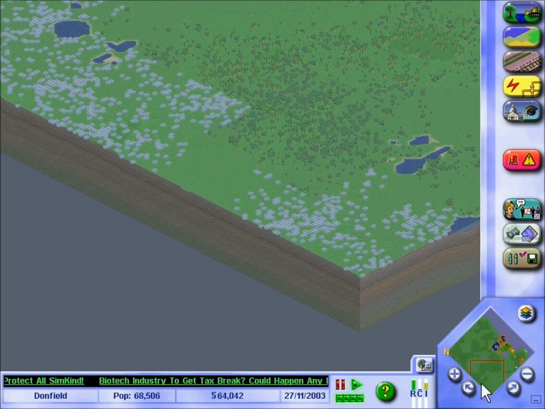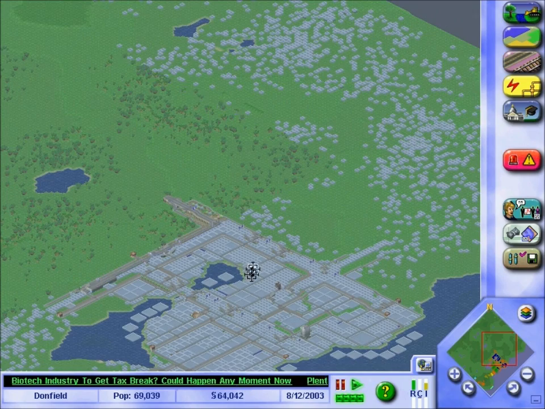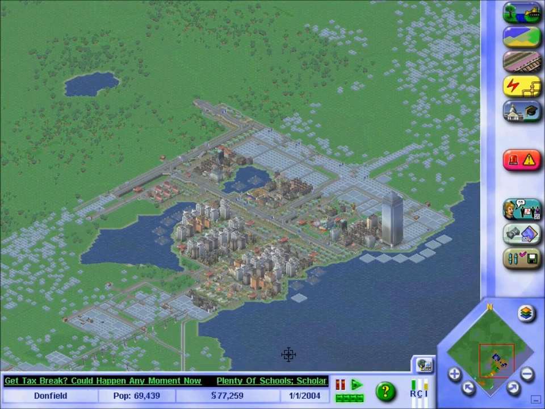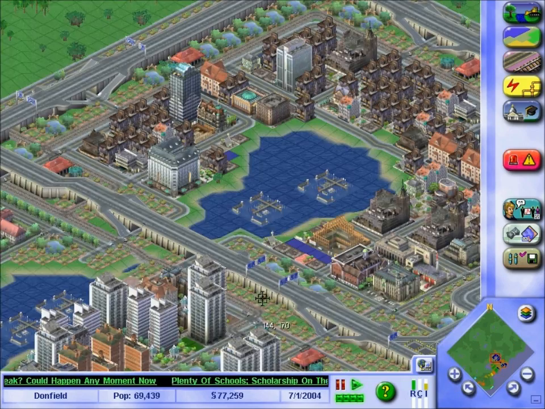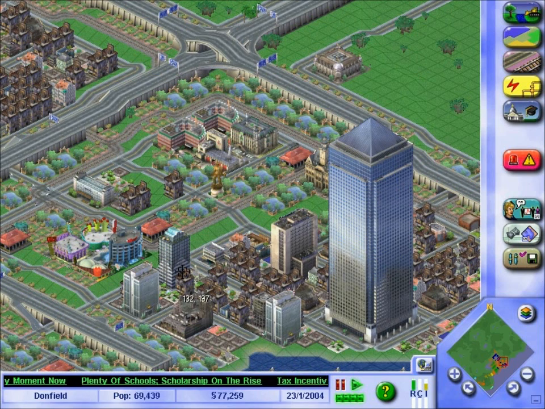Oh, we've rotated. But anyway, it's been nice working with this little city, Donfield, which is now at nearly 70,000 people. And yeah, it's just a nice little town now, really. But I could expand this into a metropolis, but I'm not going to. So, overall,